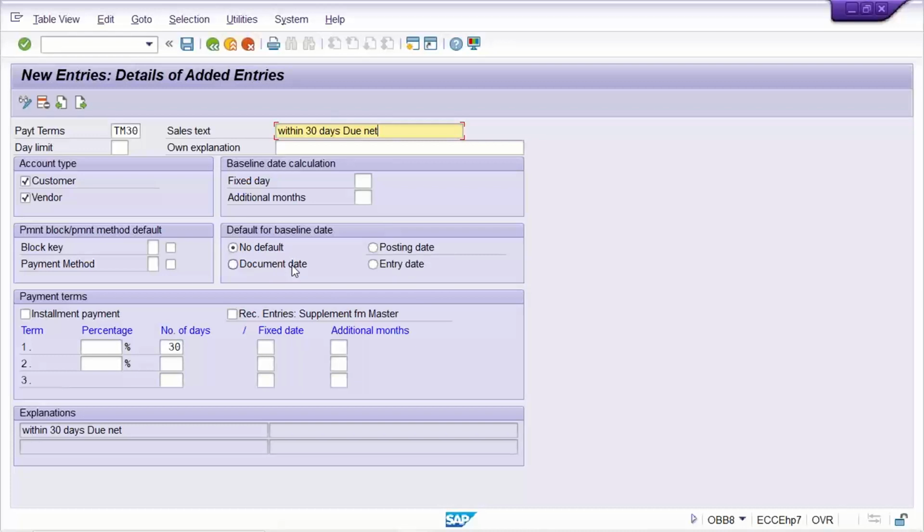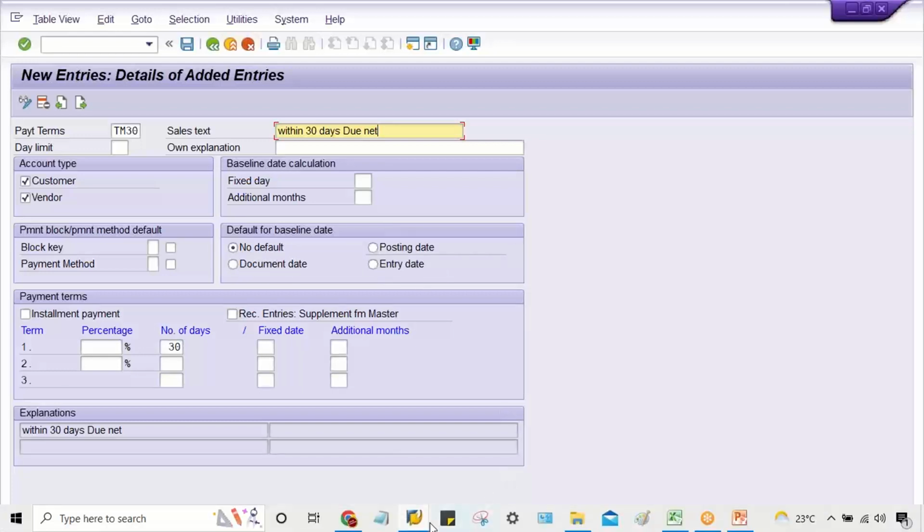What is the difference between radio button and check mark, guys? Check mark means if we have four check boxes, we can apply a check mark against every one. But radio button means if you have four radio buttons, you can select only one option. Check mark means all four can be selected or three or two. In radio button, only one. So now what is this default baseline date? From these three, any one can be selected: posting date, document date, and entry date. So now it's time to see